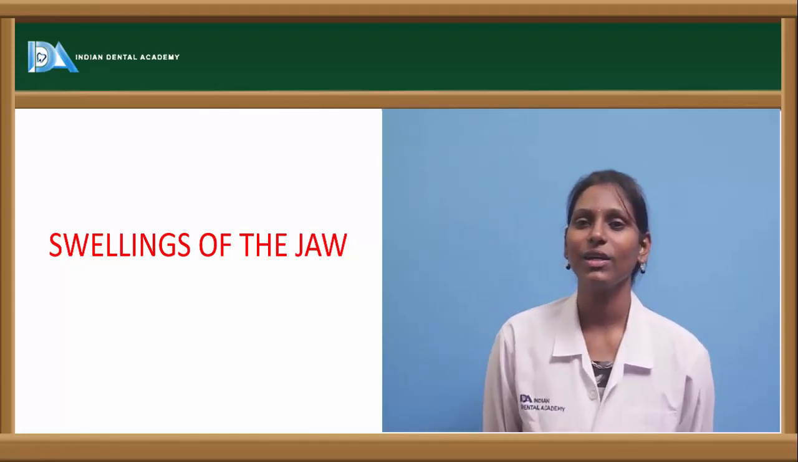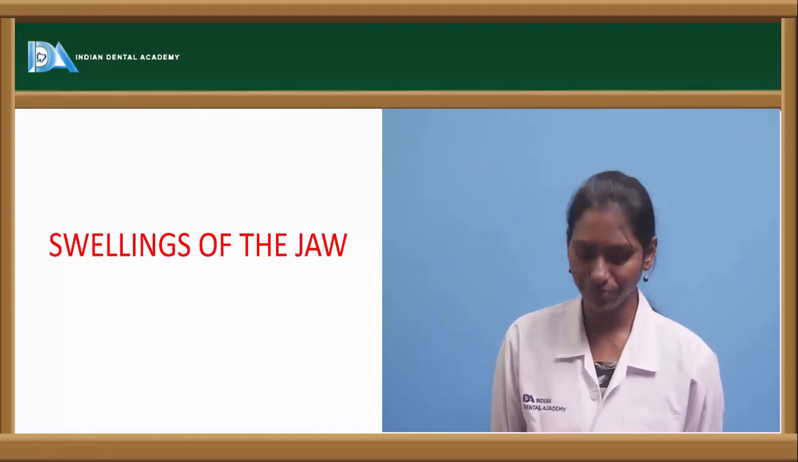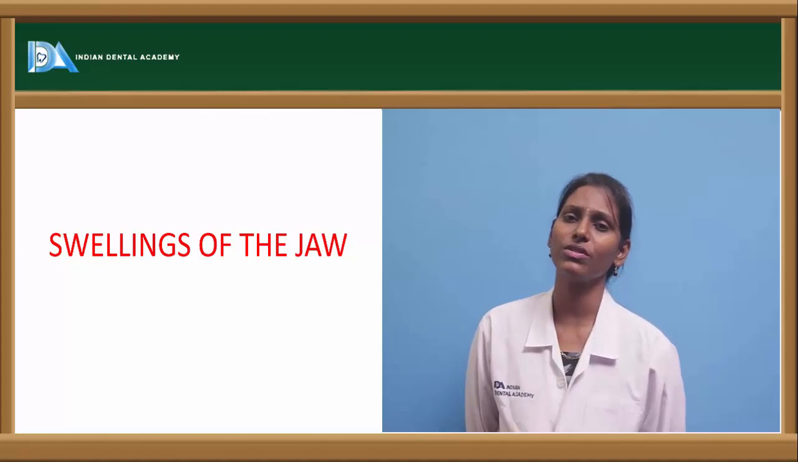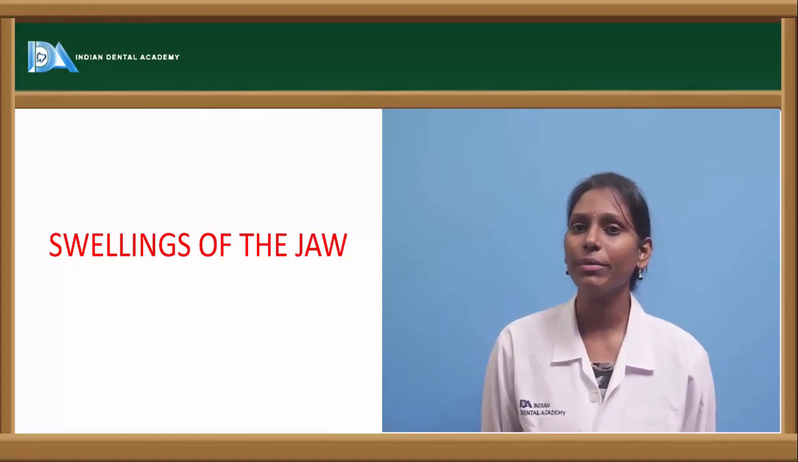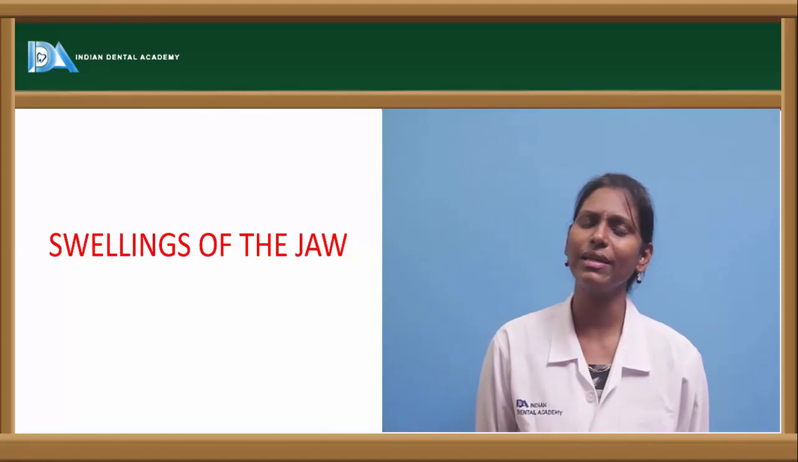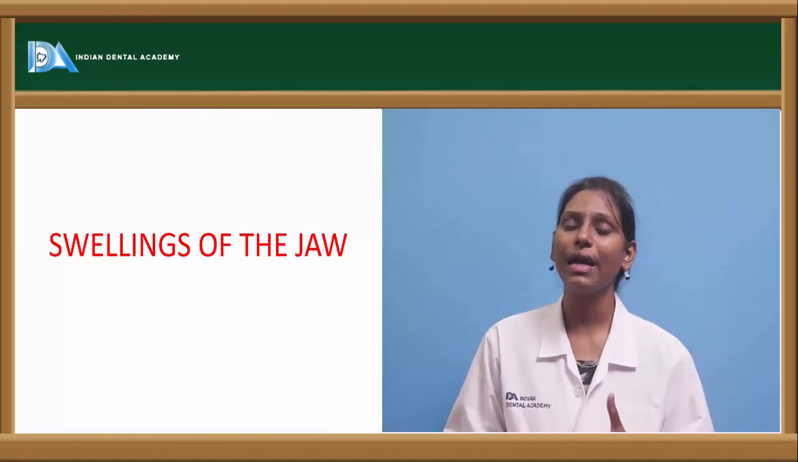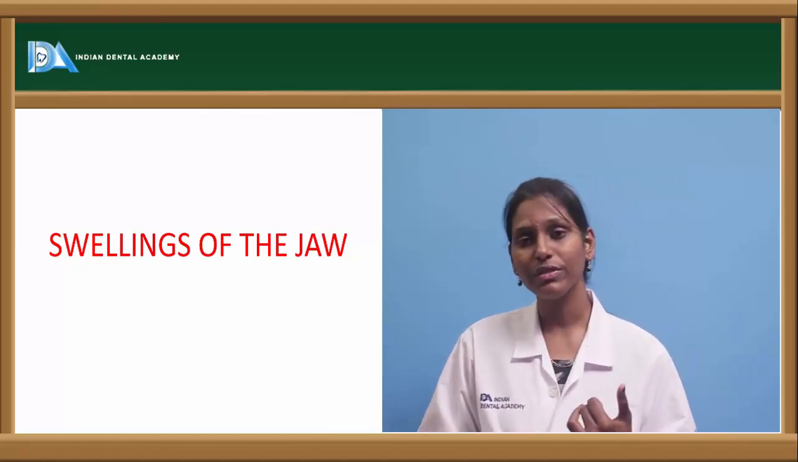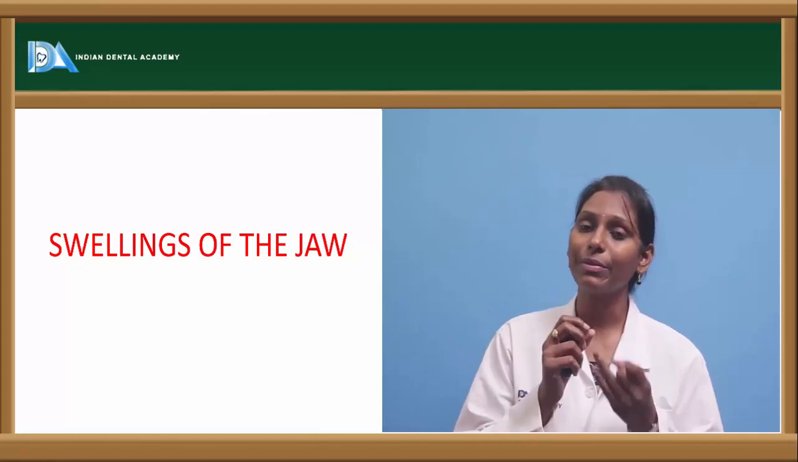Topic for discussion now is swellings of the jaw. And as we all know, these jaw swellings can be of predominantly two types. It could be either a soft tissue swelling or a hard tissue swelling. Usually the swellings could be because of hypertrophy of the cell, or it could be because of a hyperplasia, that